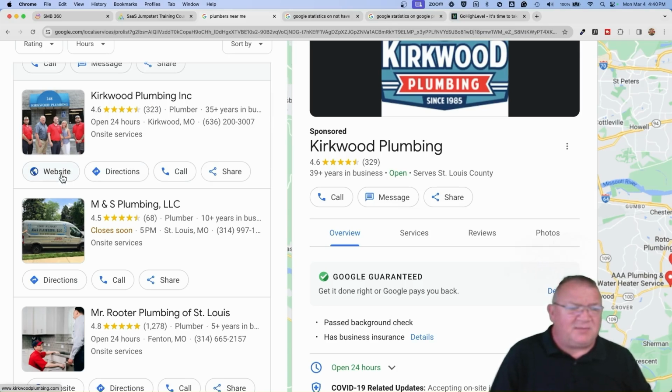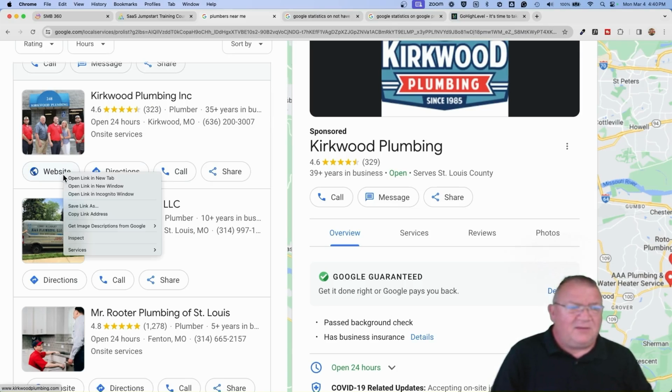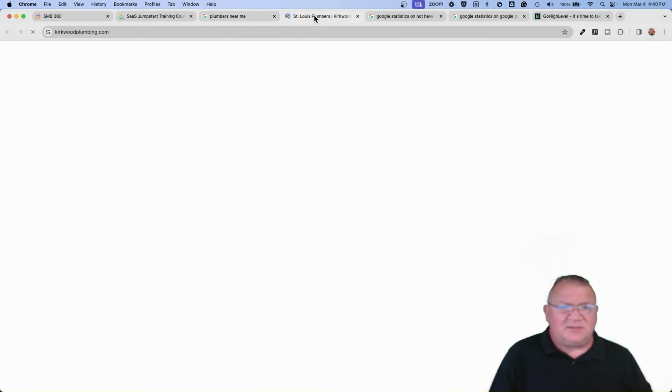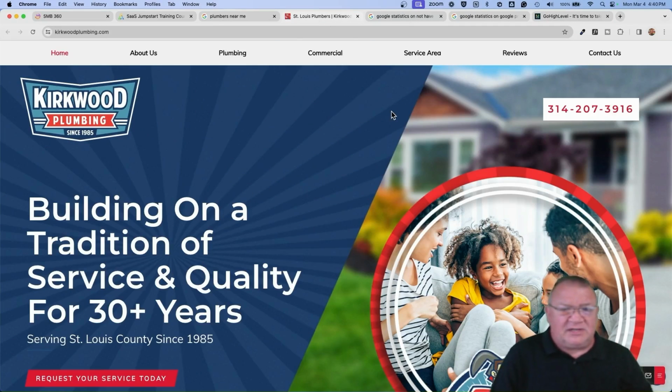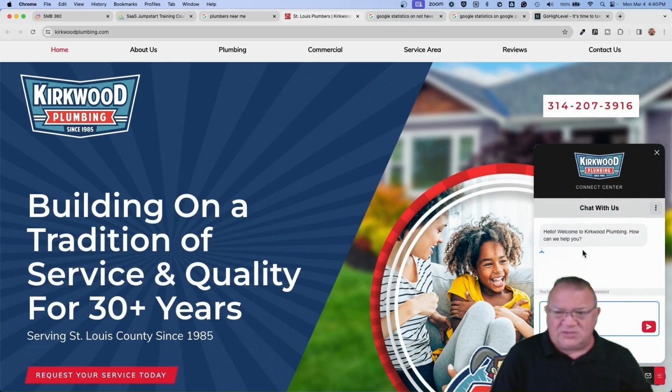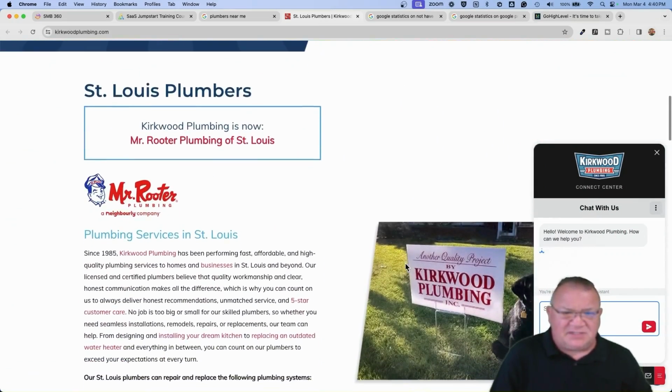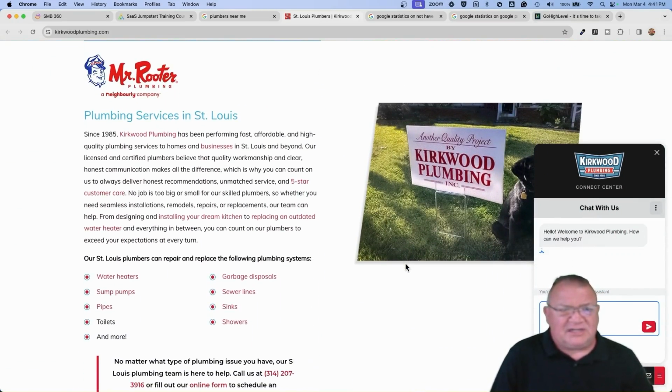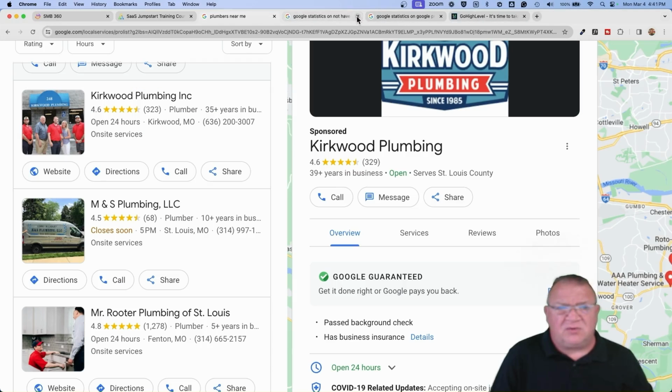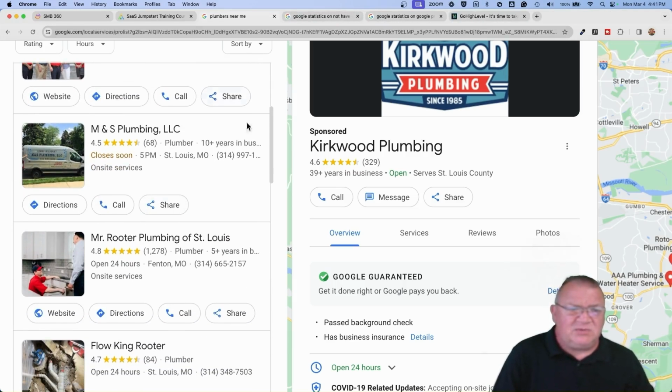Notice at Kirkwood Plumbing, they have a little button that says website. If we take a look real quick at this particular website, we see it's a pretty nice looking website. It has their phone number, a little chat widget over here. So this company's obviously been in business. They've probably got a company designing their software. So this may not be a great person to go after off the bat. What you want to look at is people over on this side, the business without a website button. So that's what you're looking for.